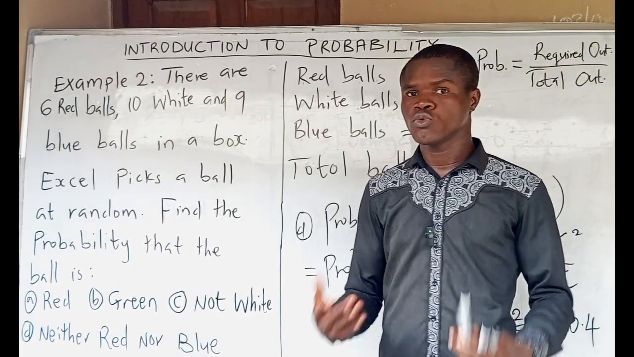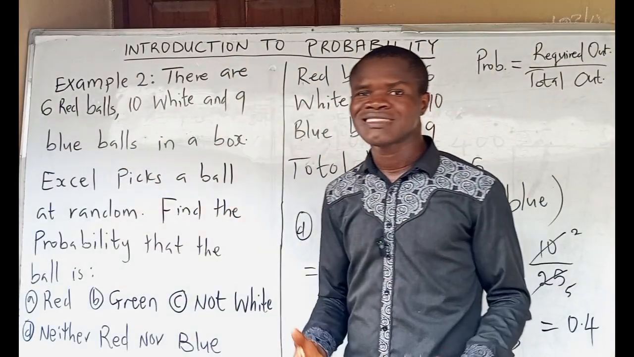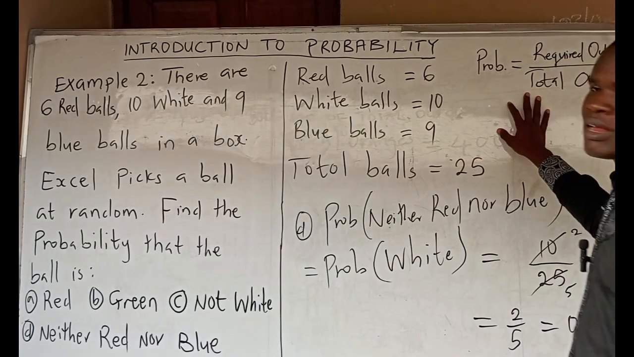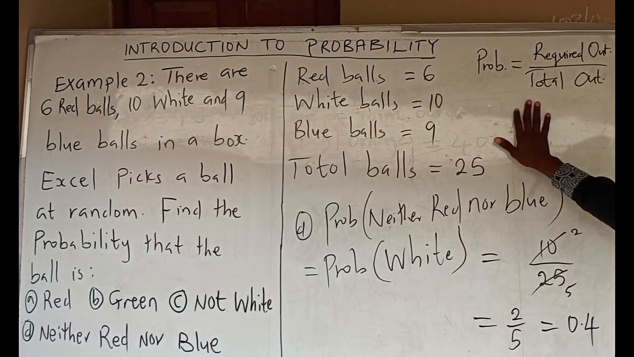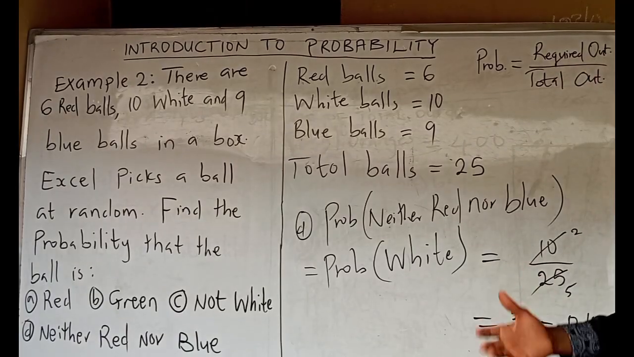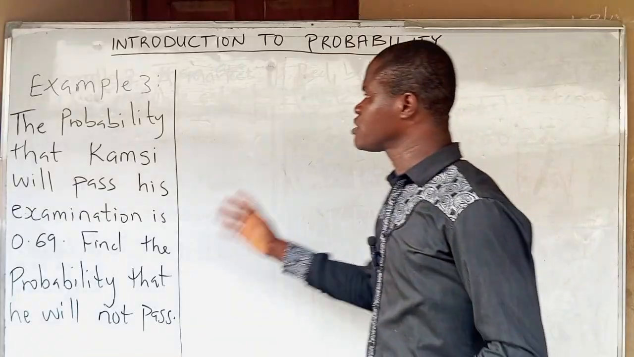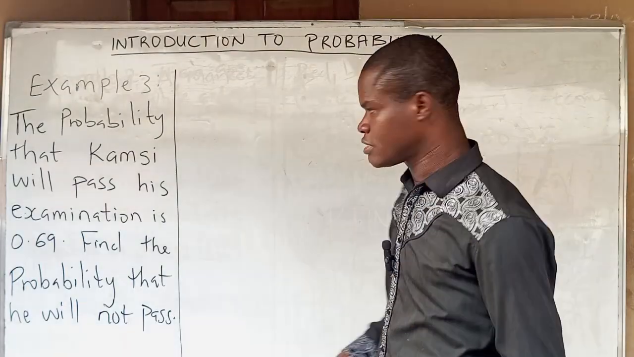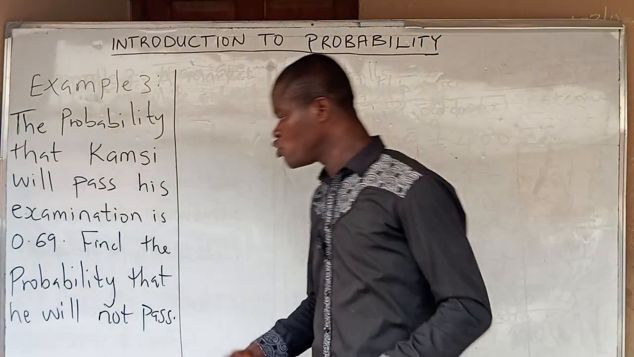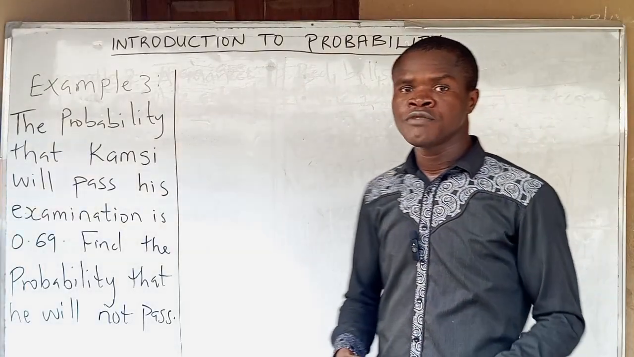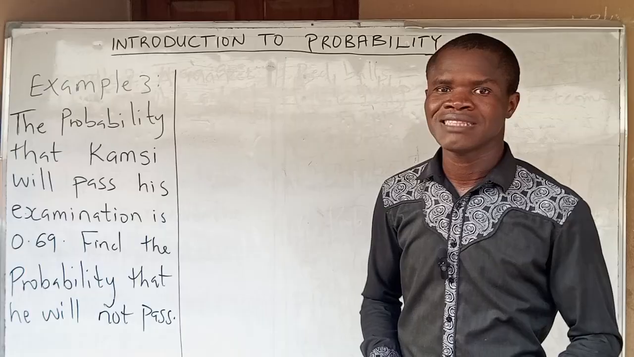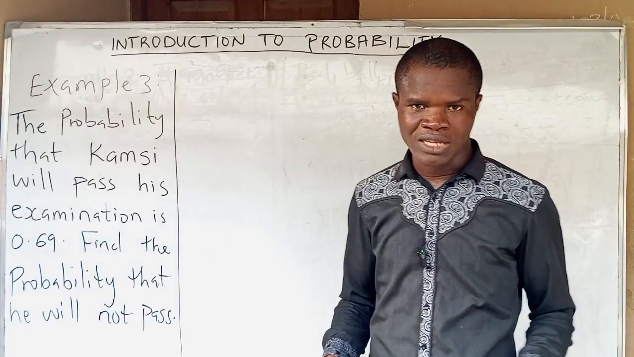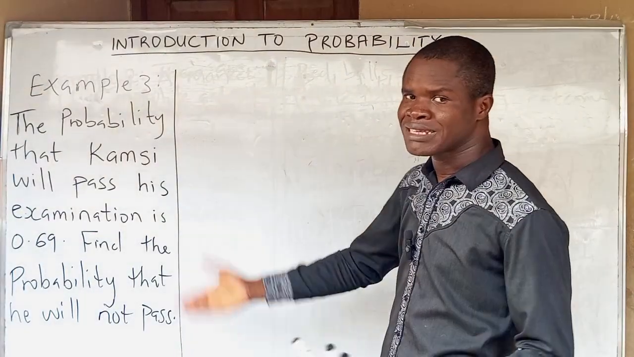All right. So do you see how simple probability problems could be? It is all about understanding the question you were asked and then being able to apply the formula properly. Remember the formula: probability is equal to required outcome all over total outcome. So example 3 says the probability that Kamsi will pass his examination is 0.69. Find the probability that he will not pass. Okay, remember I told you earlier that the probability of success plus the probability of failure is equal to 1. So the first thing I would like us to do is to write down our parameter,